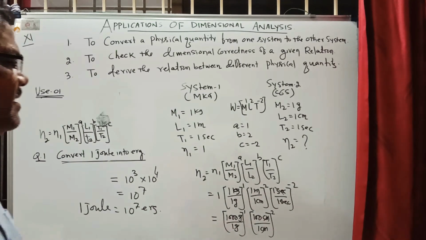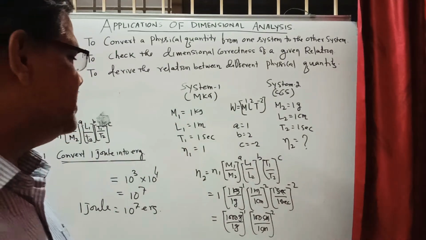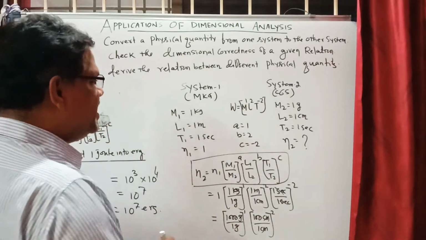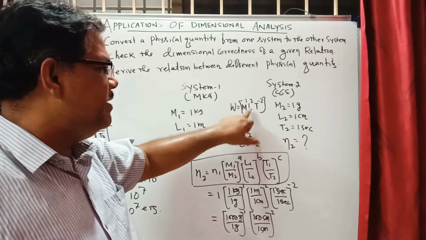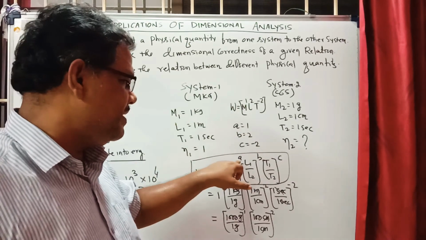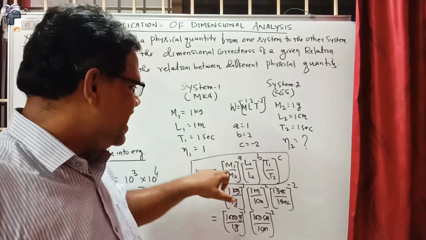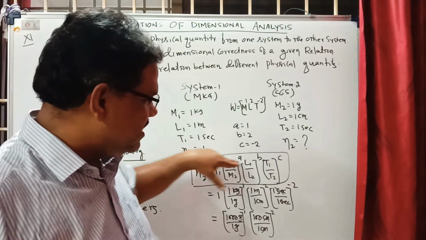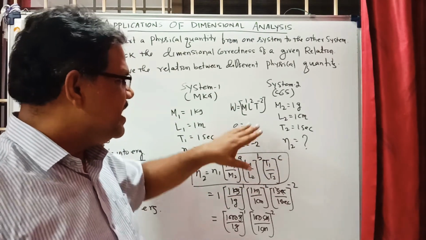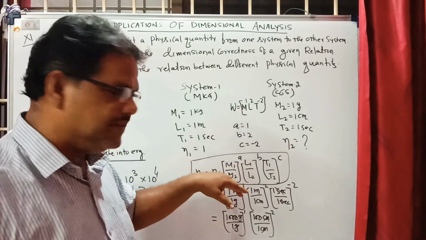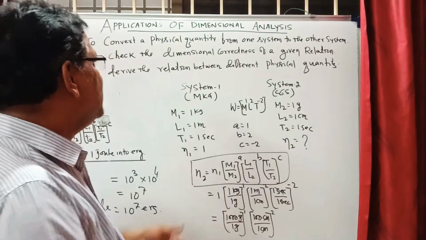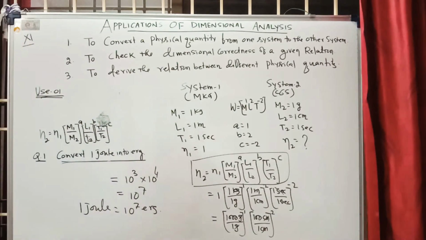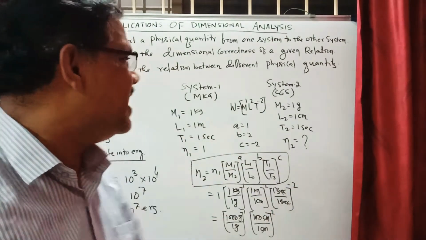The important thing, whenever you solve numericals, is to directly write the formula and the physical quantity. Take the dimension of the physical quantity you are finding, like 1, 2, minus 2, and place it in a, b, c. The unit that is given is written on one side as M1, L1, T1, and what you have to obtain is written as M2, L2, T2. In this manner, we can convert the value of a physical quantity from one system to another system.